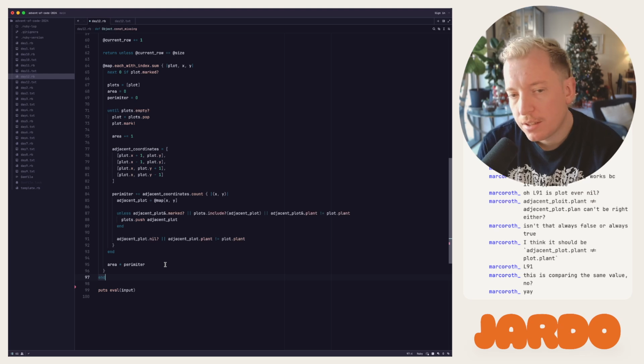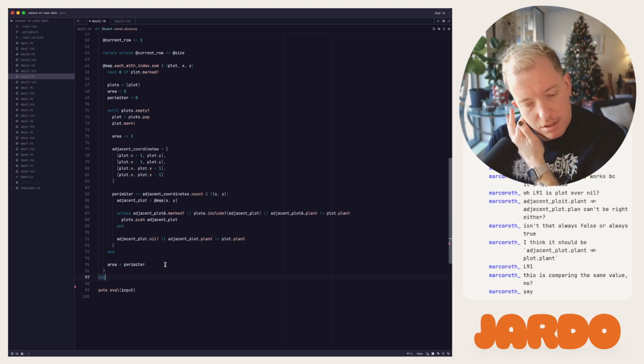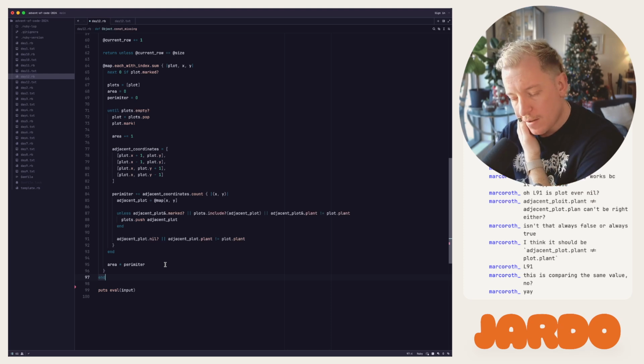I feel like we're going to need to use an approach where we gather up the plots so that we can just iterate over the plots. I can imagine solutions where we,